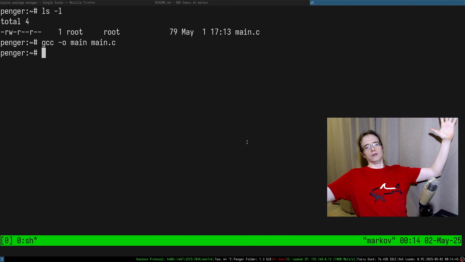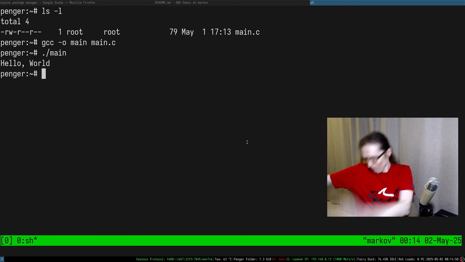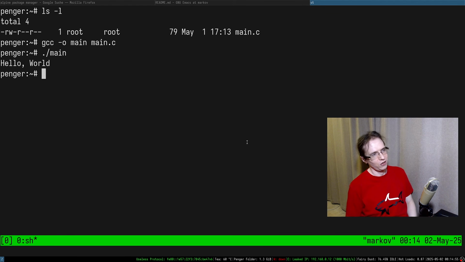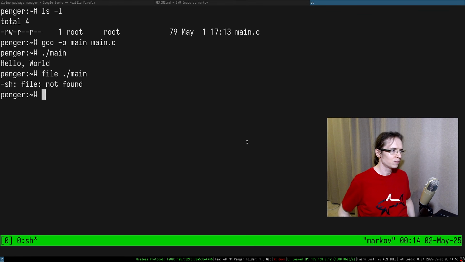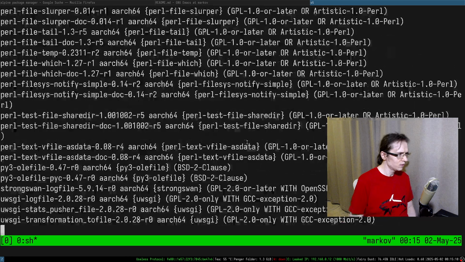Absolute chading. Fuck yeah. So if I take a look at the main, oh fuck, file, really? How? Okay, apk list, grep file.